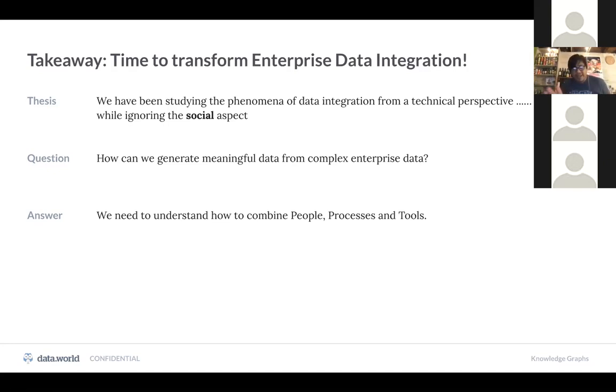So I will give a caveat that this is not a pure scientific talk. I'm presenting this from an industry perspective, but I do want you to leave with some ideas, and I will be presenting those ideas.